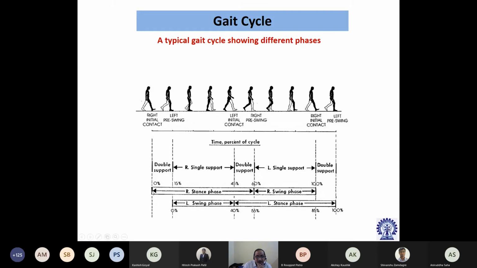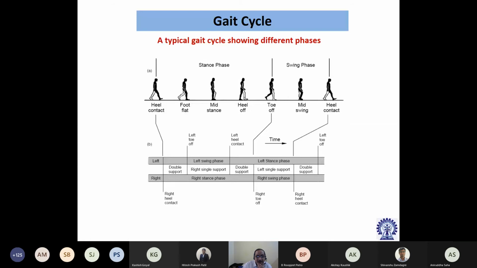Okay, so initially, if I just go to the earlier slide, see, it starts from heel contact. Okay, the heel strike. Heel strike to toe off is basically, if you concentrate on the right leg, your first right stance phase. Okay, right stance phase. Now, if I look into the next figure,